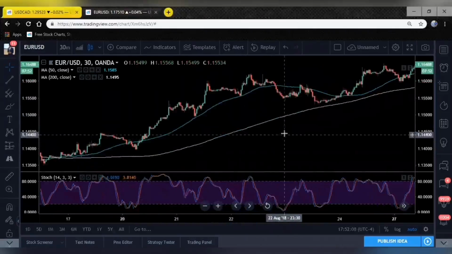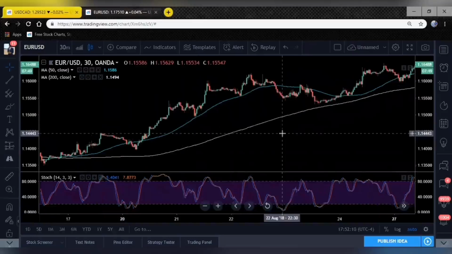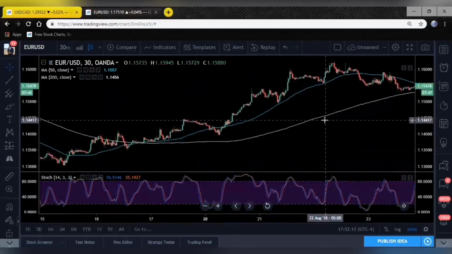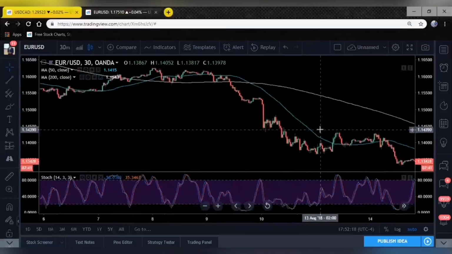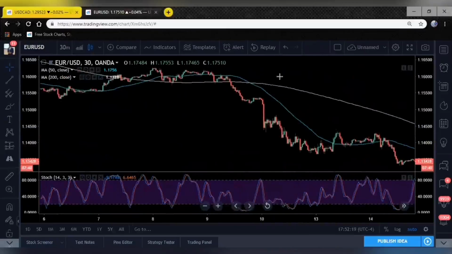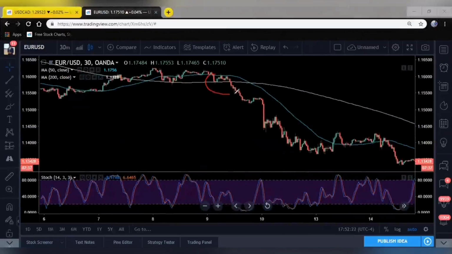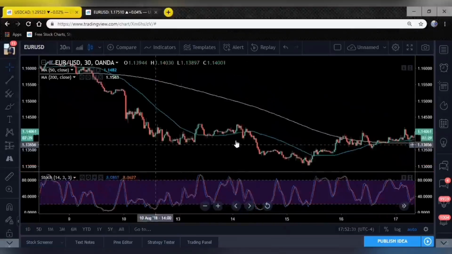The moving averages crossing also represent entry and exit plans. For example, if I were to get in a sell right here at the moving averages cross, my exit plan would be at the next crossing. So down here,